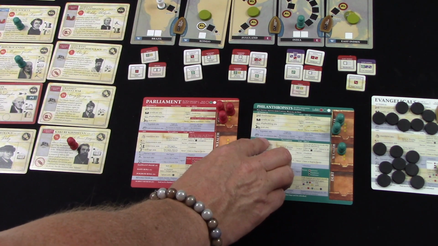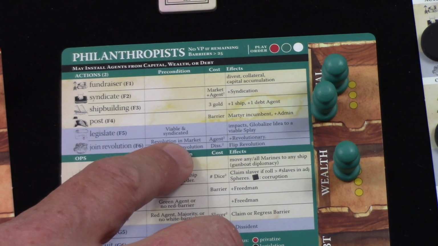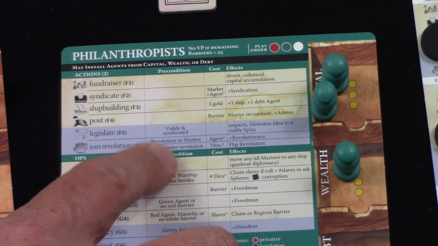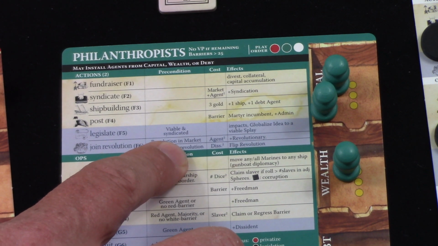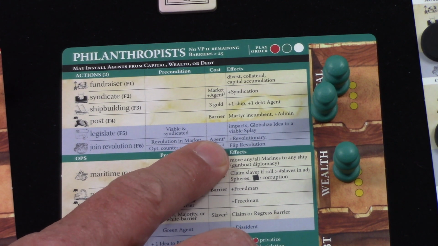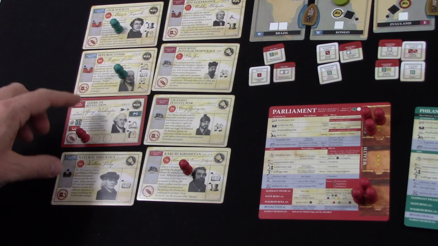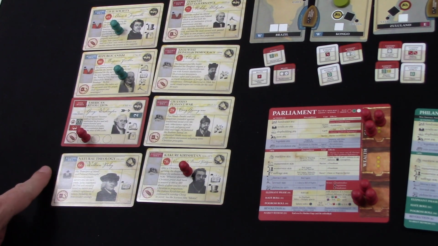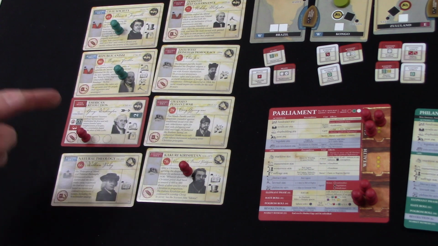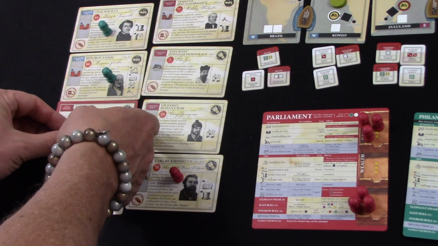So my second action is going to be join revolution. It says you can join a revolution in the market with the option of a counter-revolution. I'll discuss that in a second. The cost of joining is number of agents currently there squared, and we add a revolutionary. So we're going to join this one here. The number of agents already there is 1, so the cost is going to be 1 squared, just 1. And a counter-revolution, if we wish, when we join, is we can flip this thing